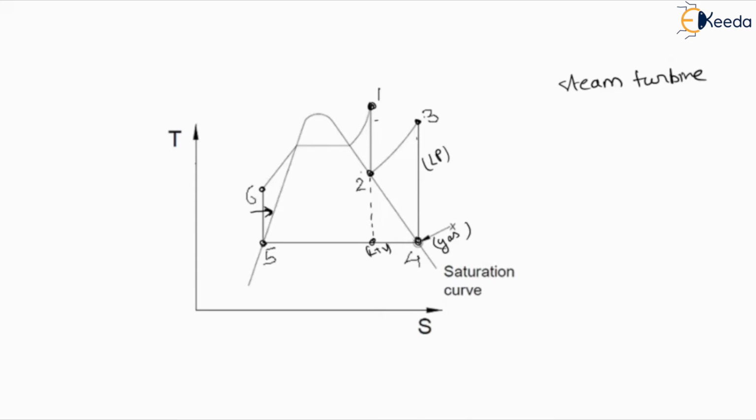Now from 4 to 5, when we get complete gas form of the working fluid, there is a condensation process that will convert the gas into liquid from 4 to 5. So here you can see the area of this steam turbine or steam power cycle is going to increase because of the 4 to 5 process, or because of the superheated process.